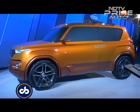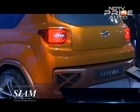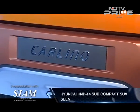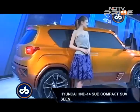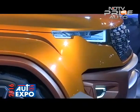And then following that, next year we'll probably get to see a production version of its concept car, which is currently just being termed the HND 14. It is a car that will take on the Ford EcoSport, the new Tata Nexon, and the Maruti Suzuki Vitara Brezza. Today we also unveiled the performance premium SUV, the Hyundai Tucson, which is the global product of ours, and